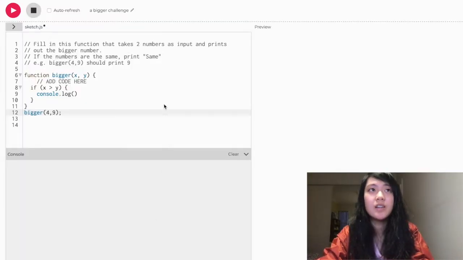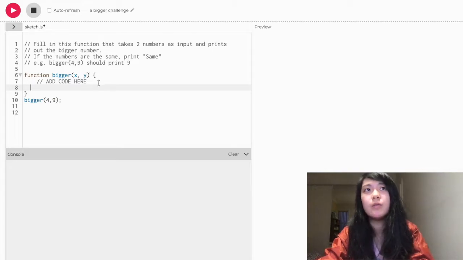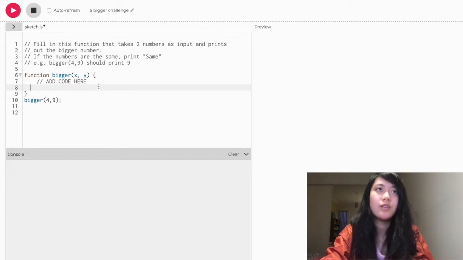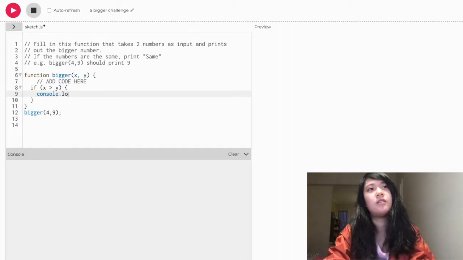So with our bigger challenge, we're going to take two numbers as input. We can just make them x and y, and if a number is bigger than the other, we'll print out the bigger one, and if they're the same, we'll print out "same". So we're going to use if and else statements, of course. So if x is greater than y, then we have to print out x, right? So we're going to console.log(x),